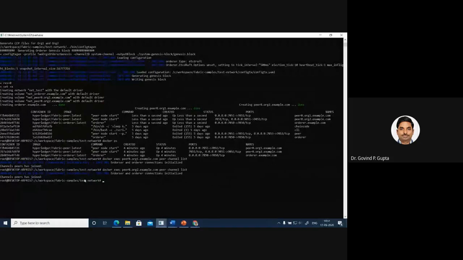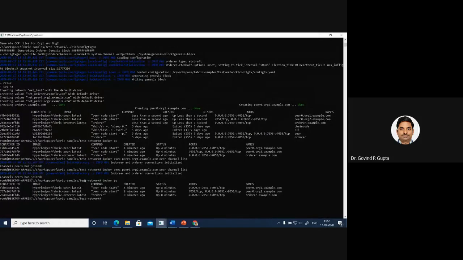Next, I just want to add world state to each peer. I just want to see the output here. Before going to add the world state, I need to shut down the network. In order to shut down, what is the command? Simply write down.